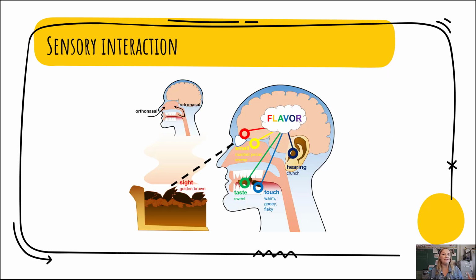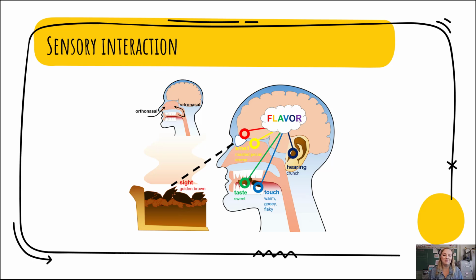Now that we've talked about all 5 of our major senses, let's talk about this idea of sensory interaction. Sensory interaction is when more than one of our senses work together in order to process an entire experience. The best example of this is our smell and our taste. Our smell and our taste work very closely together, mostly because they're located within the same area of our body, and they're processed in a very similar location. When you are smelling something that smells really bad, you might think it also tastes bad. However, our senses interact more than this.